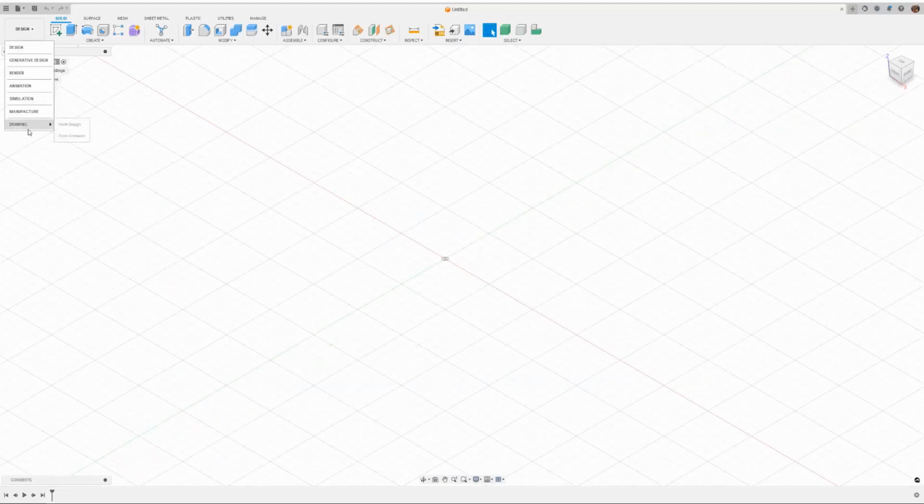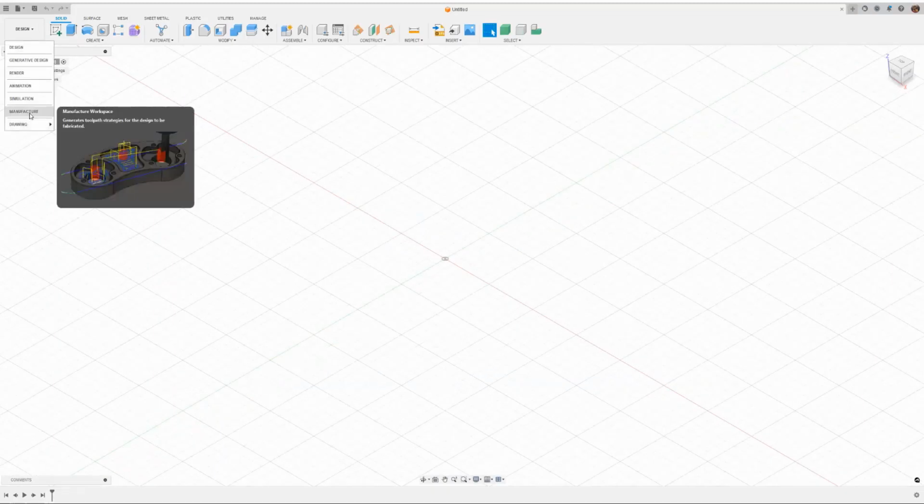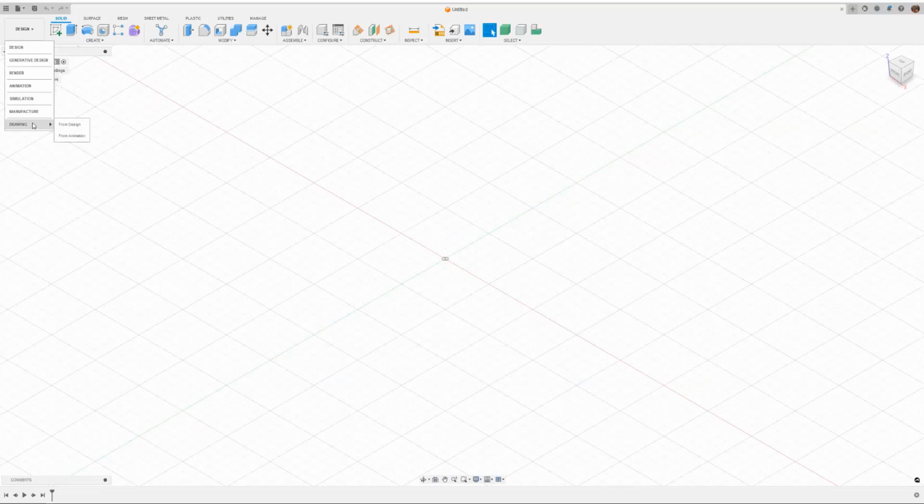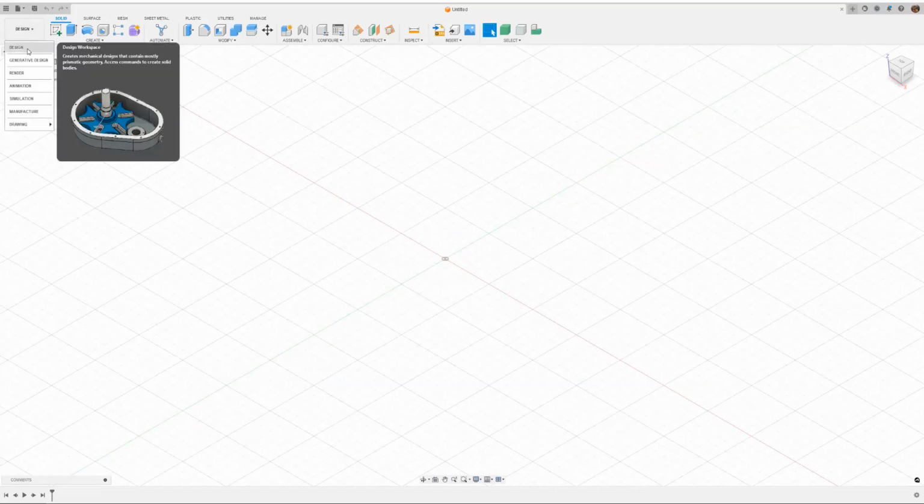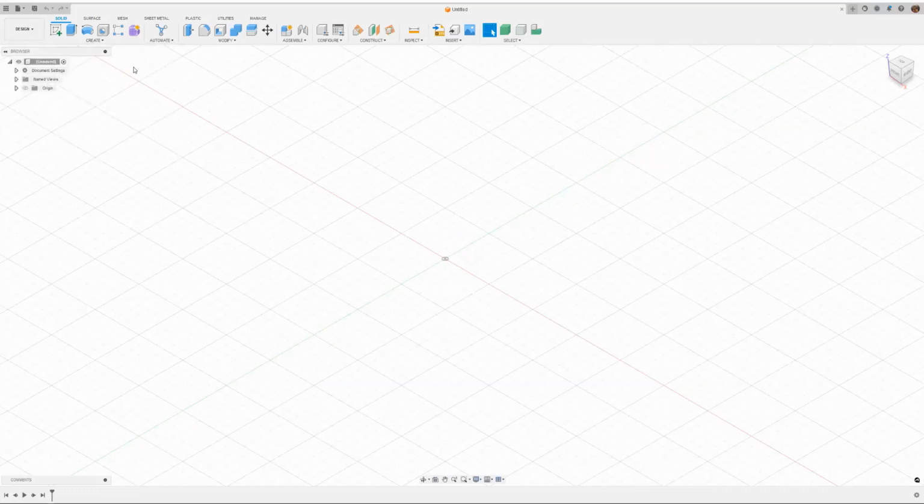And then we also have a manufacture part. You can do computer-aided manufacturing things after you finish your models, and we have 2D drawing parts, etc. And if we continue with the design workspace, you can also see we have still so many different sections, because you can